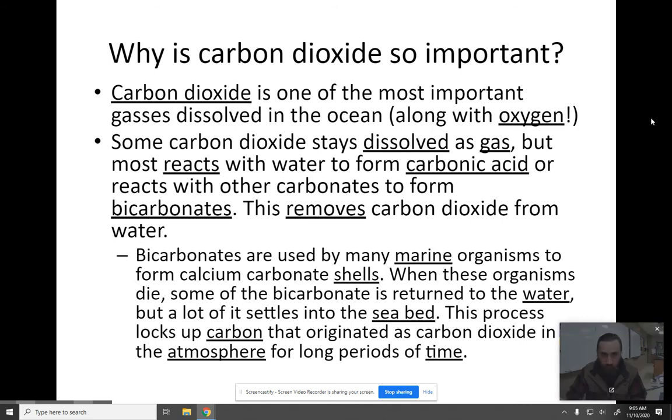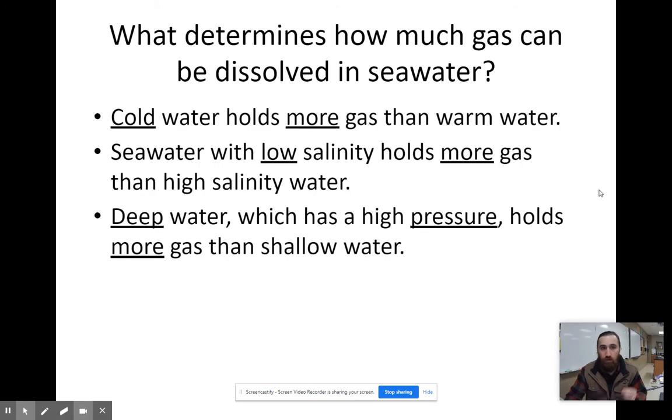Now, last thing we're going to talk about is what determines how much gas can be dissolved in seawater. So cold water, first of all, holds more gas than warm water. Seawater with low salinity also holds more gas than high salinity water. Because when you have a lot of salinity or high salinity, there's not as a lot of space for those